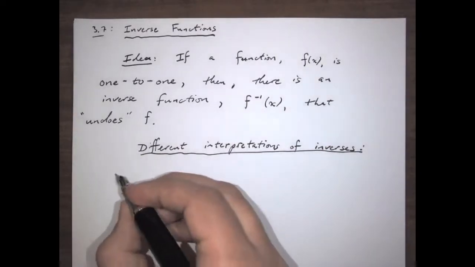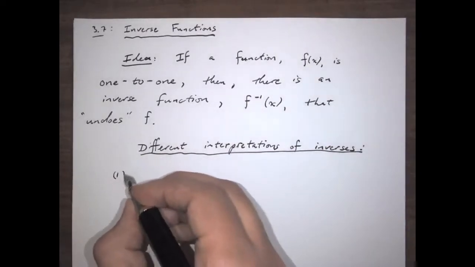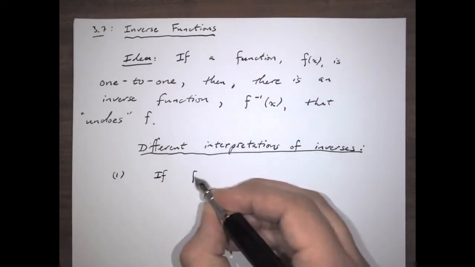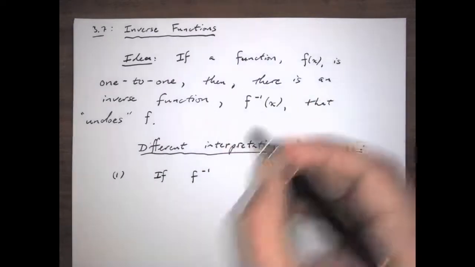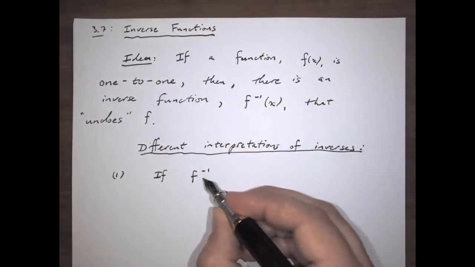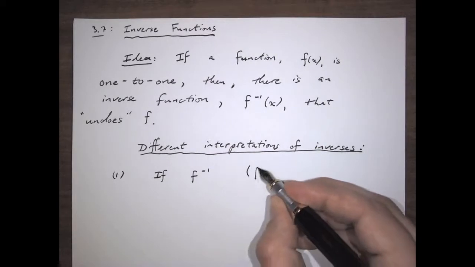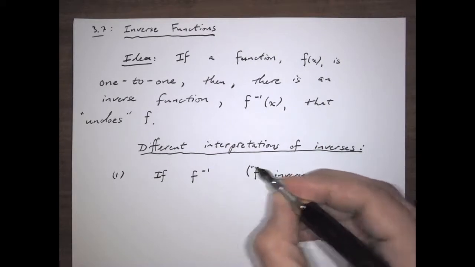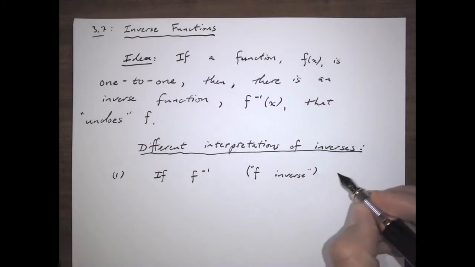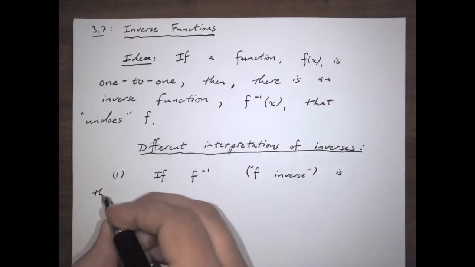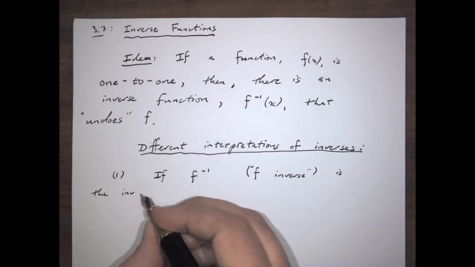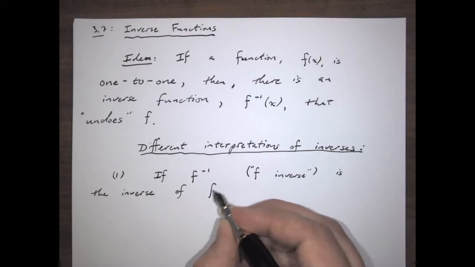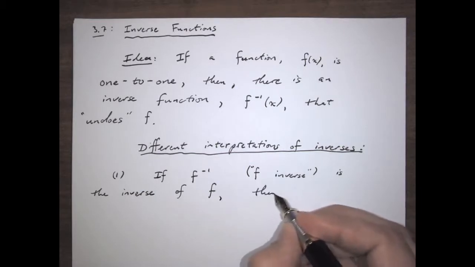And what that means is the following. So first off, if f, and then you write it as f to the -1, almost like an exponent, but you pronounce this f inverse, is the inverse of f, then